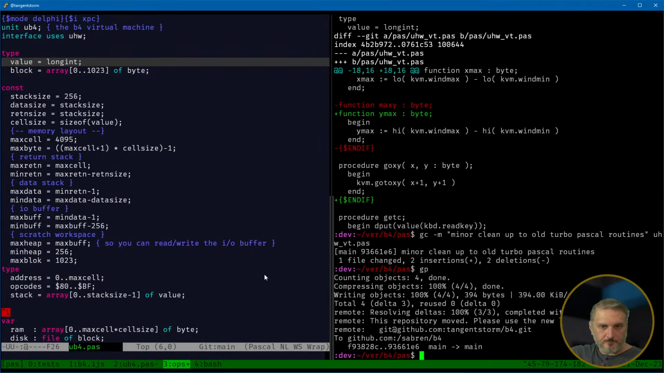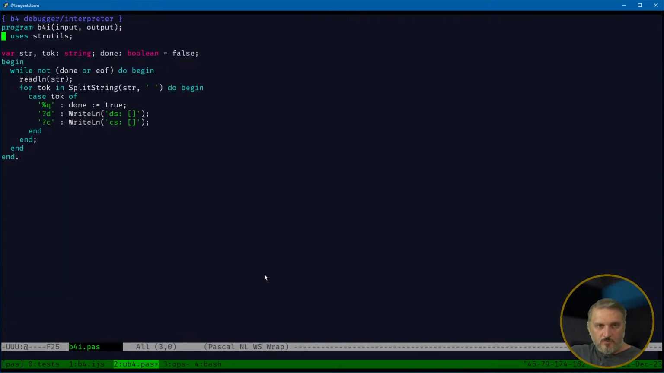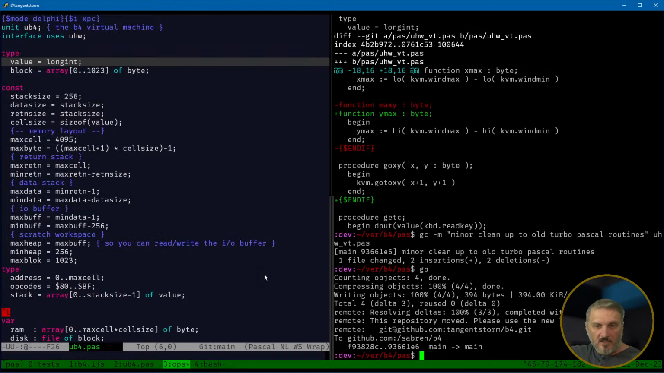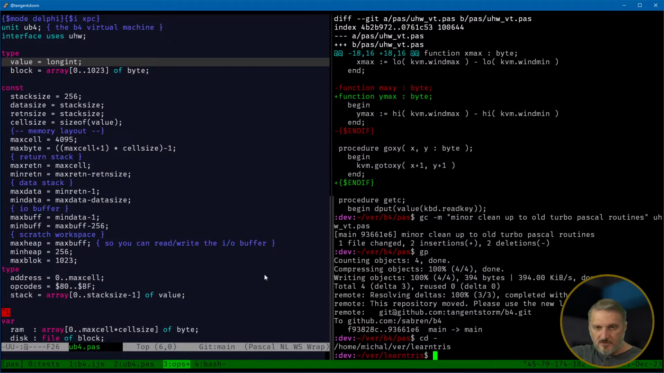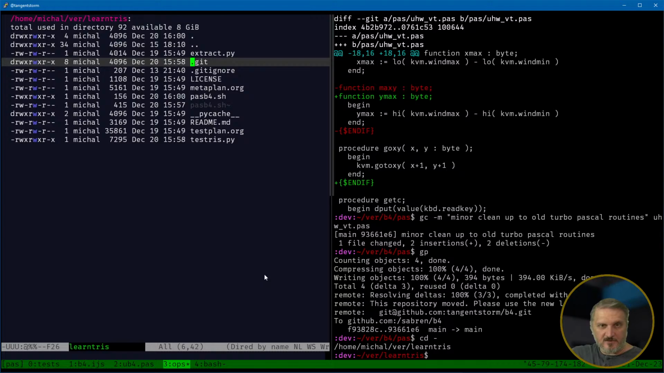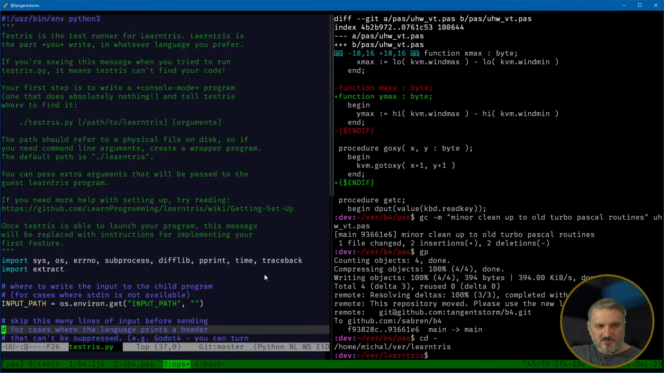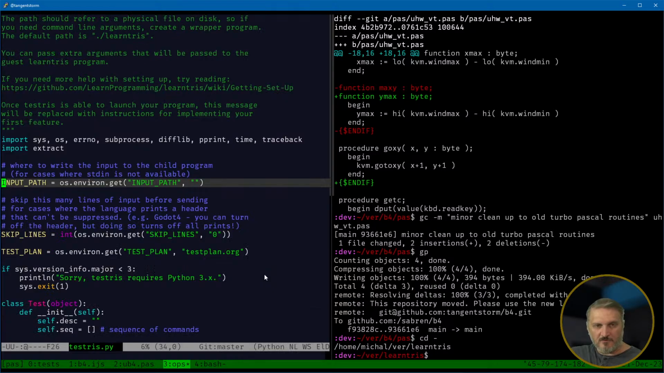Yeah. Okay, so now we want to run the tests, and somewhere around here, I think I had a window where I was running the tests. If not, we'll just make it here. So yeah, my tests are still in LearnTris, but I made some changes to LearnTris. LearnTris is a test runner that was designed to test Tetris, but I've made some changes to it, mostly these little changes up here, so you can change the input path,